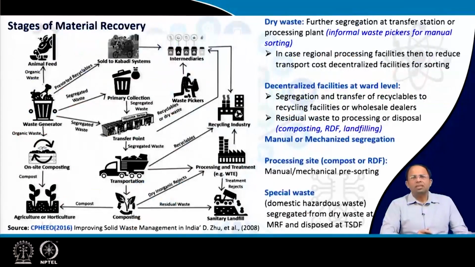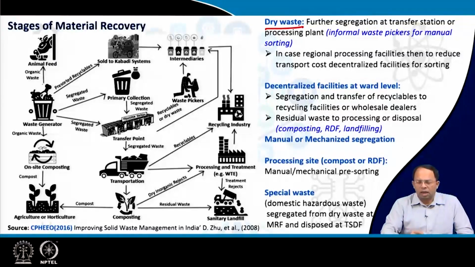But in most cases, we don't do it like that. In most ULBs, we are now having dry waste and wet waste categorizations. So usually there are two containers, dry and wet waste. Wet waste is the organic waste, whereas dry waste is considered for further recycling. So recycling is done at the transfer station or at the processing plant.